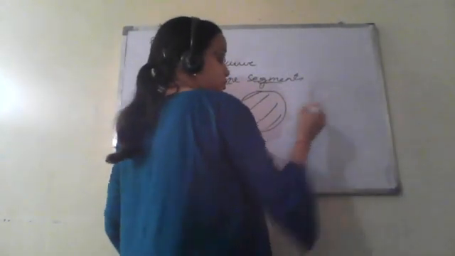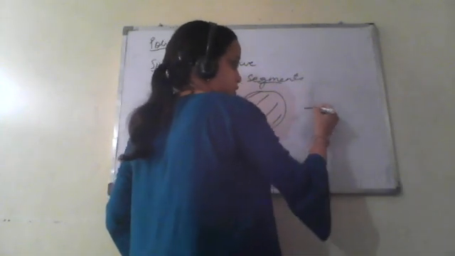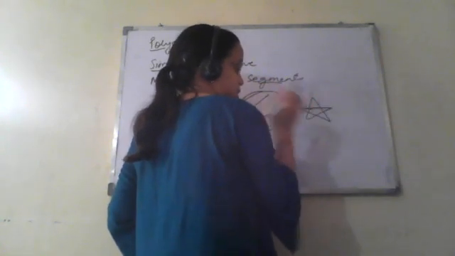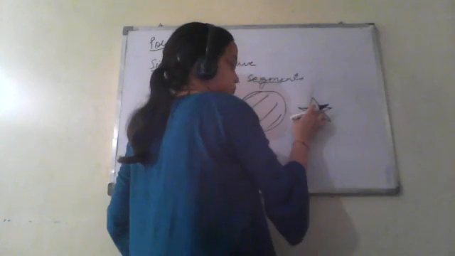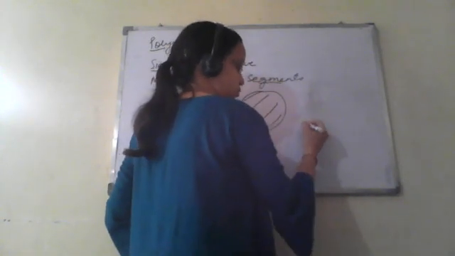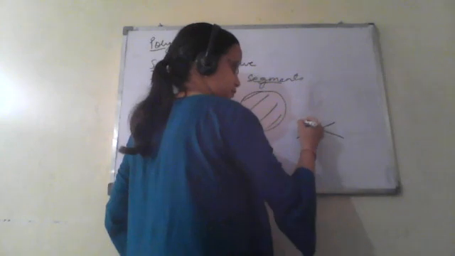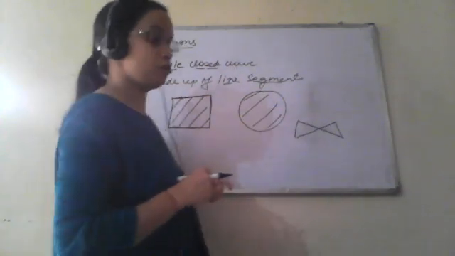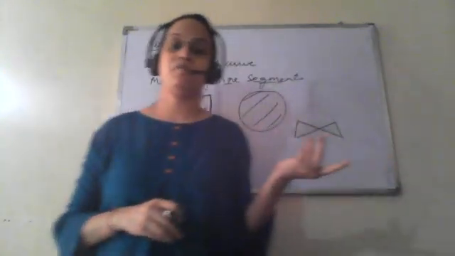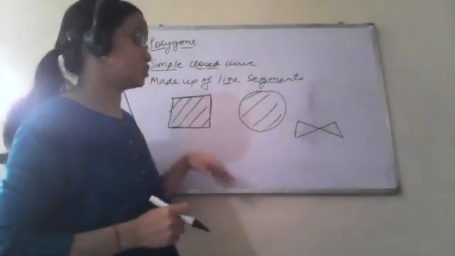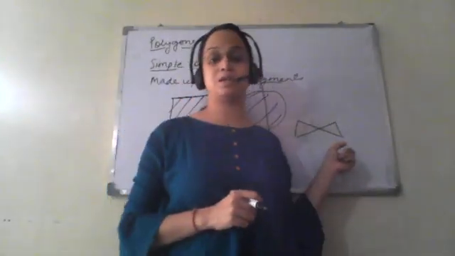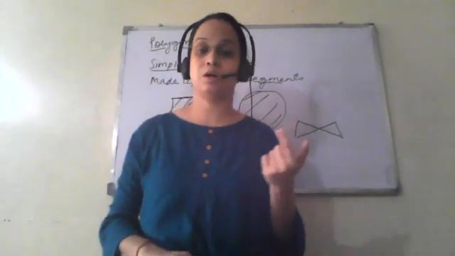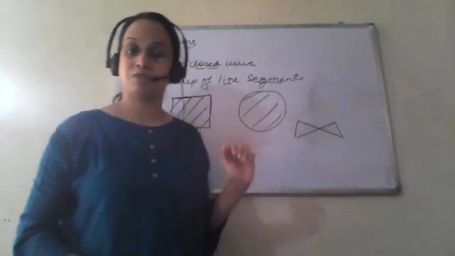If I am drawing a figure like this, generally when it comes to a polygon, we just check whether it is made up of line segments or not. So these three things have to be checked. If we just look at it, we can say yes, it is a polygon. But whether the three conditions which are needed for a polygon to be a polygon are fulfilled or not, you have to check.